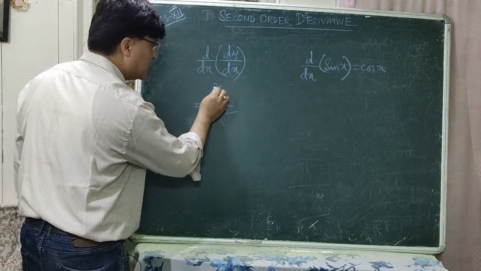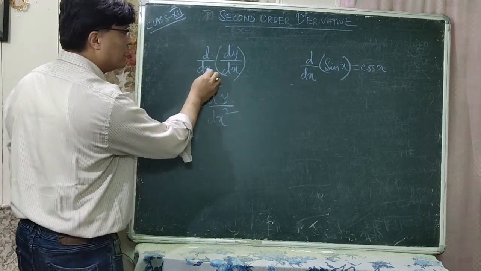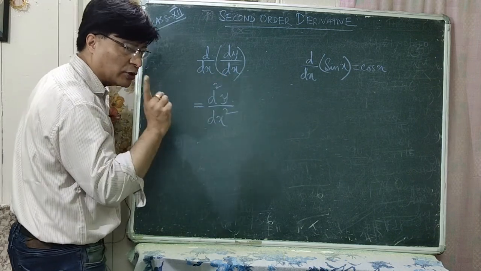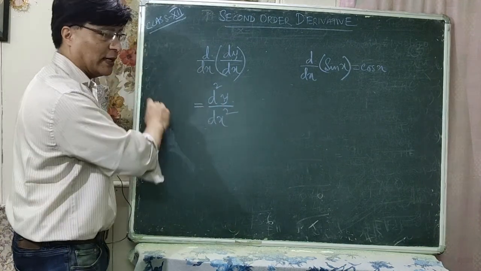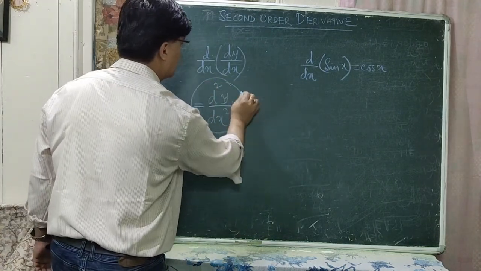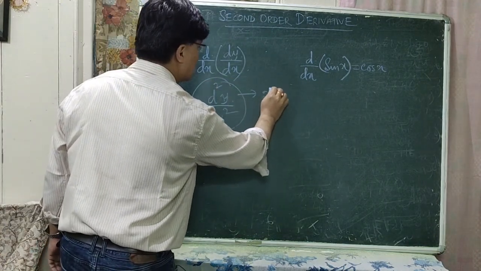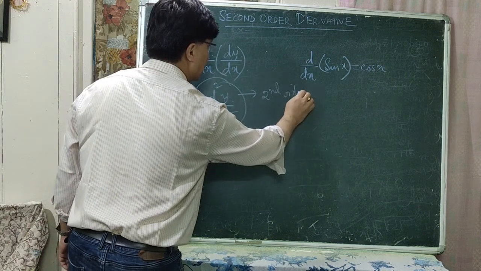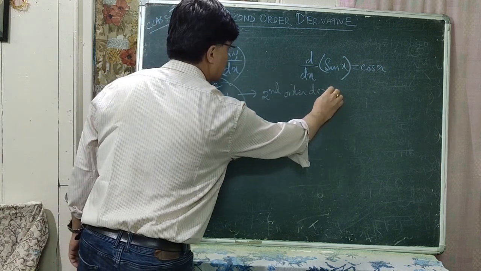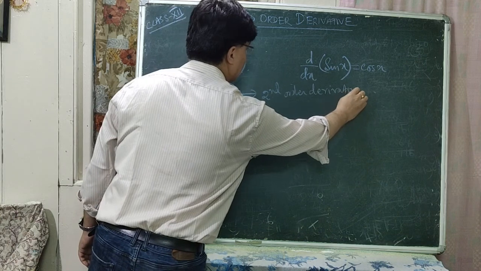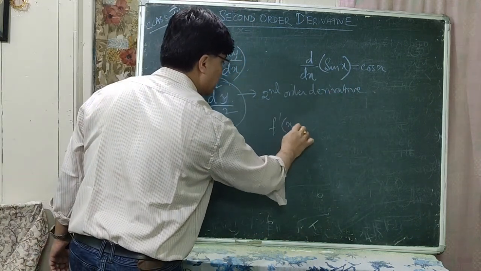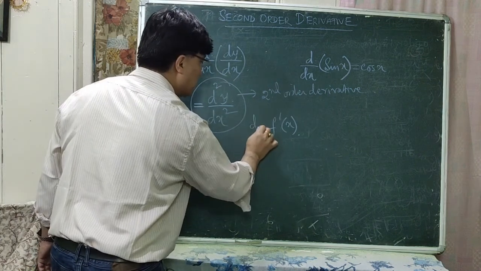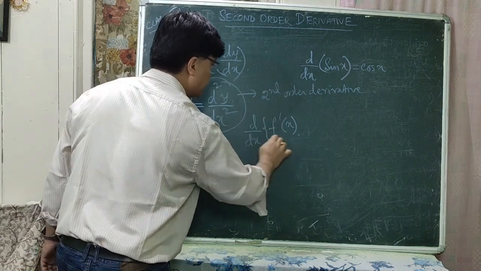So it is read as d2y by dx square. Actually here it should have been d square x square, but we don't write d square x square. It is defined as only dx square. And this is known as what? This is known as second order derivative. Okay, now if you have f dash of x, if you differentiate f dash of x, you